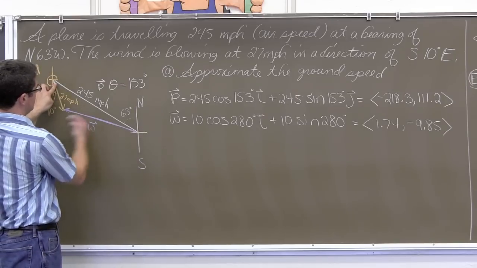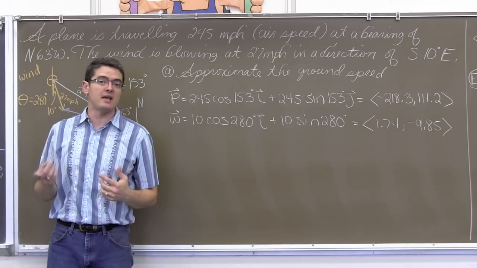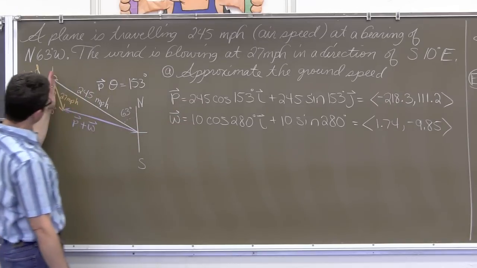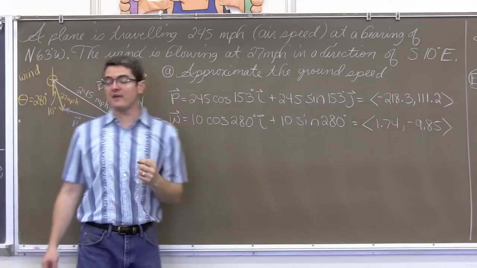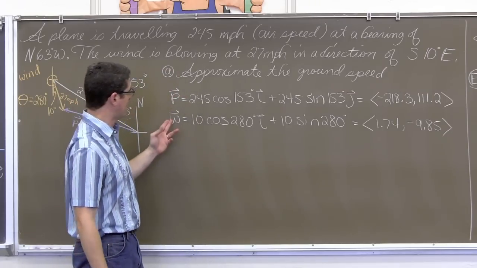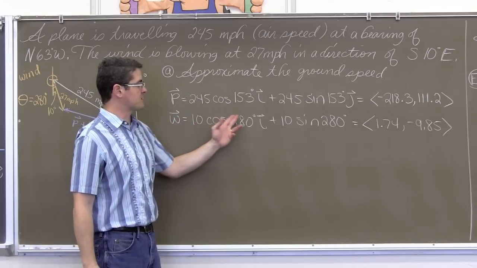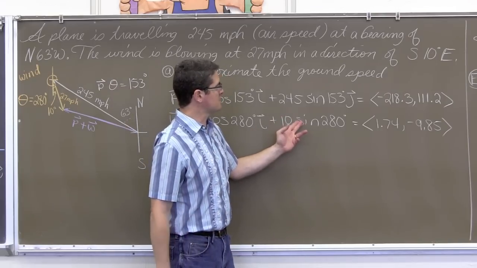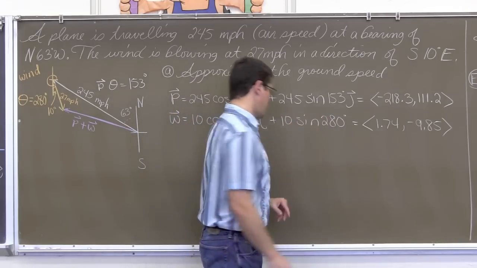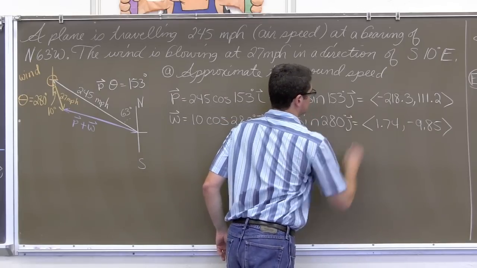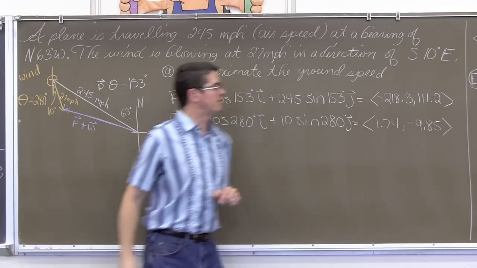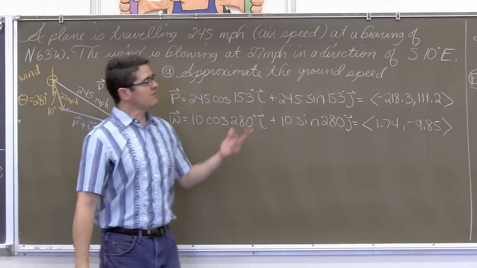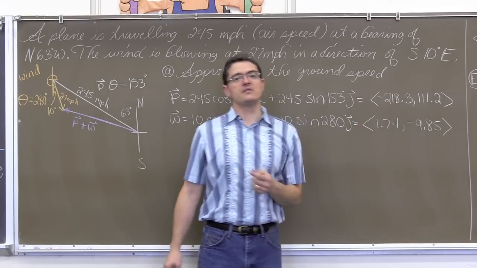Now look at the white vector. It is going to the left and up, so we should have been expecting a negative a value and a positive b value, and thus we have it. The wind vector going down and to the right a little bit, we should be expecting a positive a and a negative b, and indeed we are. That's equal to the magnitude of the vector times the cosine of its direction, i, plus the magnitude of the vector, in this case it's wind speed of course, times the sine of the angle direction, times vector j, the vertical component, and you get the shorthand version of negative 1.74 and negative 9.85.